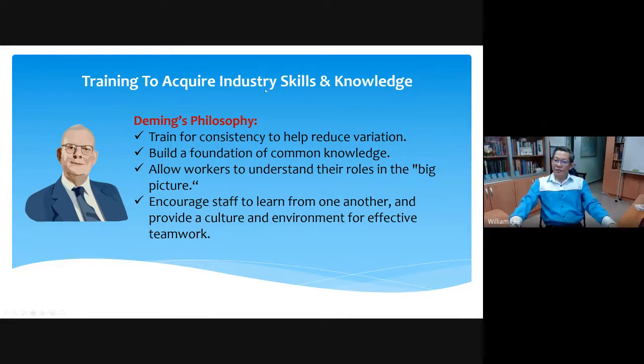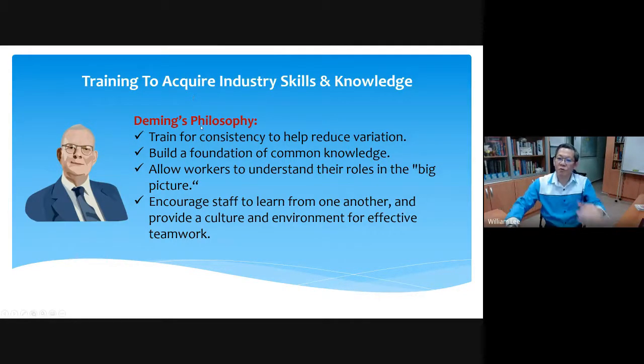So whether it's a technical skill or a non-technical one. According to Deming, do you know who is Deming? I think the full name is Dr. William Edwards Deming. Actually, he's an American, the American who taught the Japanese quality. It sounds a bit strange, but it's not surprising during that time, because this happened after World War II, when the Japanese were defeated by the Americans, and Deming went to Japan to teach the Japanese this quality